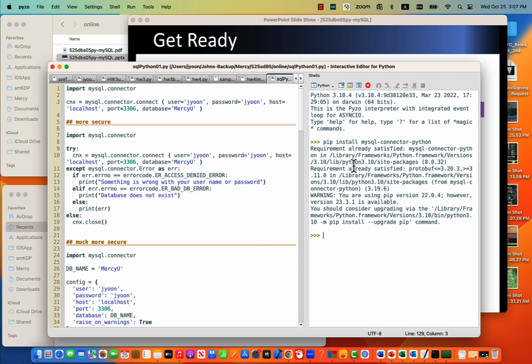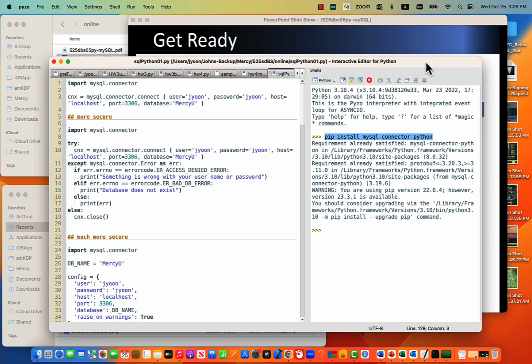In my case, requirements already satisfied, but your case probably not. So you need to install the package. So this is it. If you are not using PyCharm, then